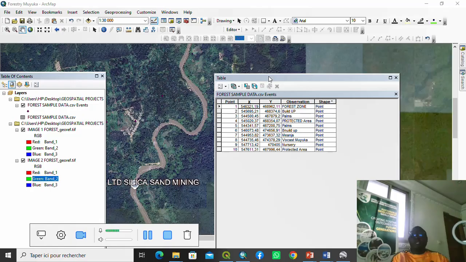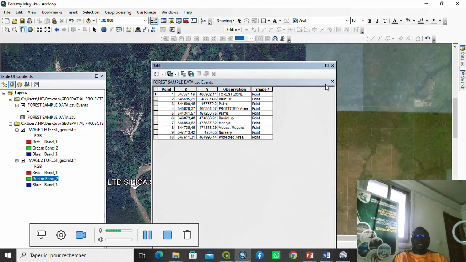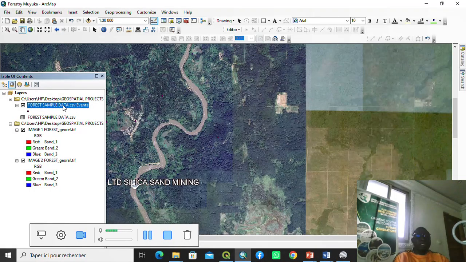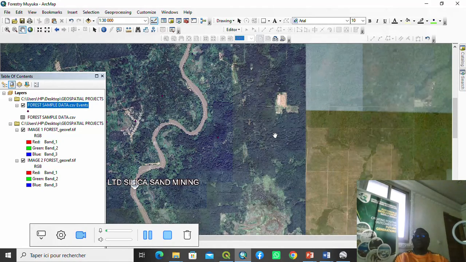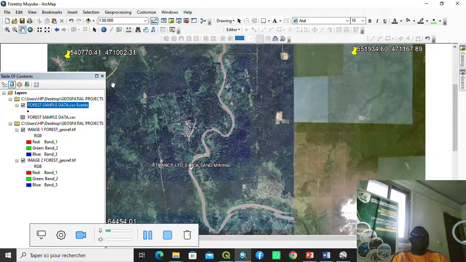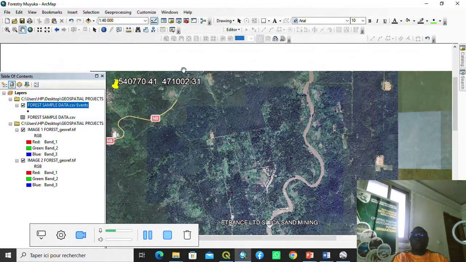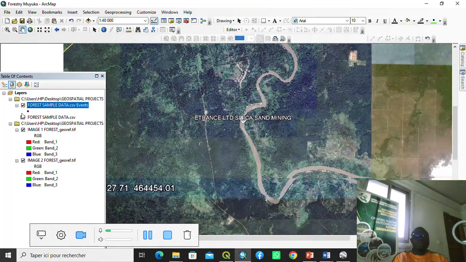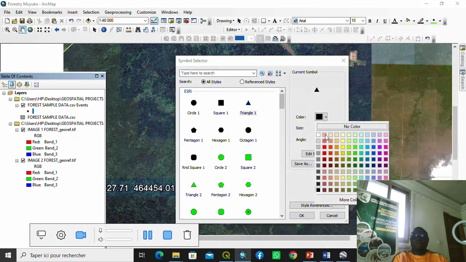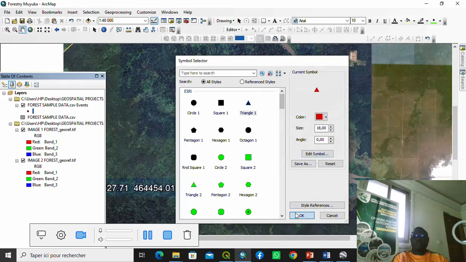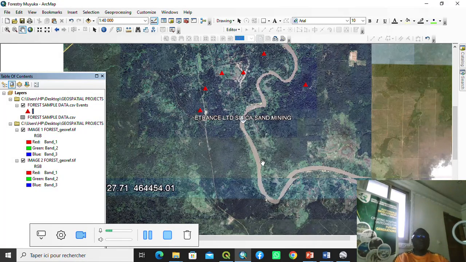Let's go to file and save so that next class we can continue. We can see the database imported. Okay, you can see the data. Okay, we can go now to